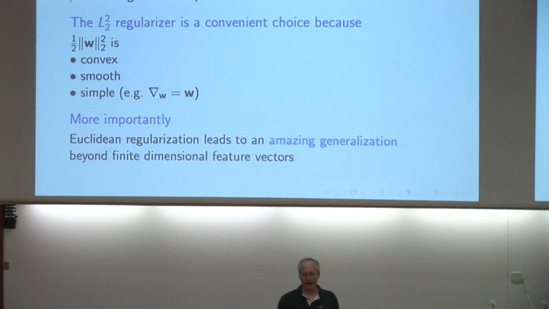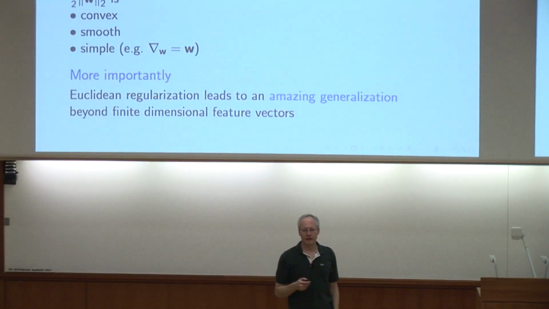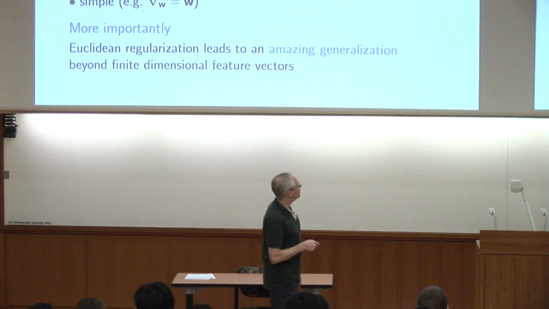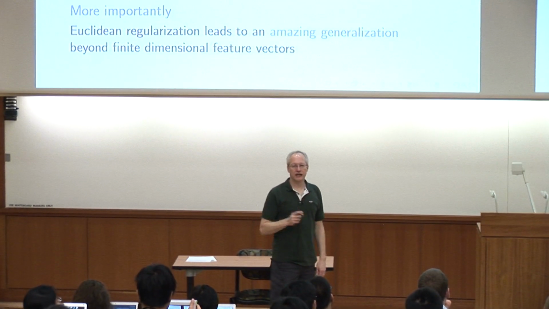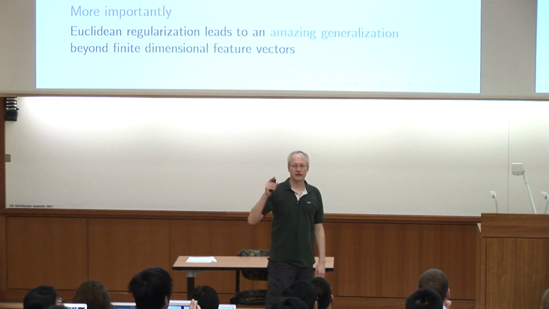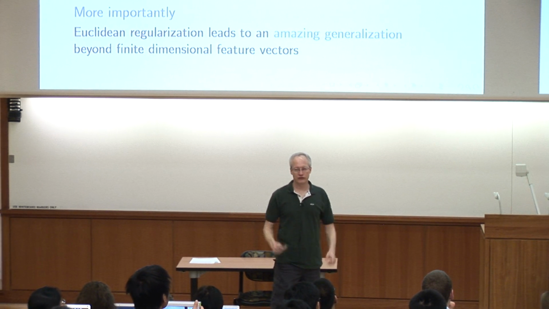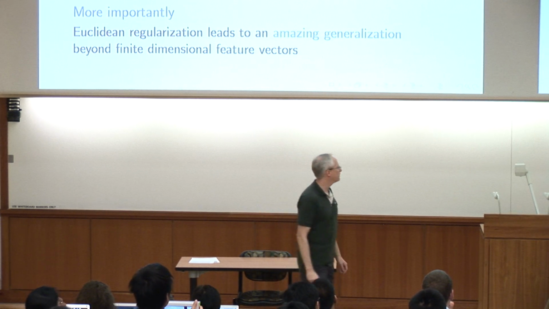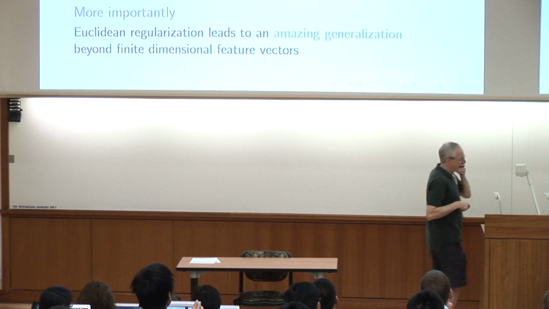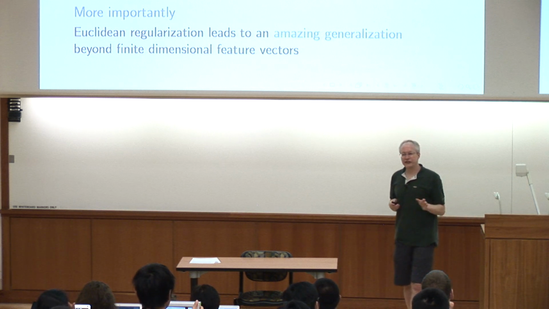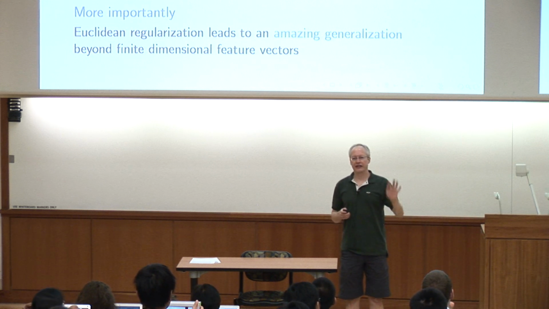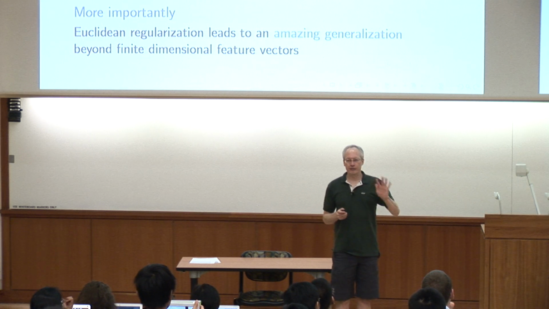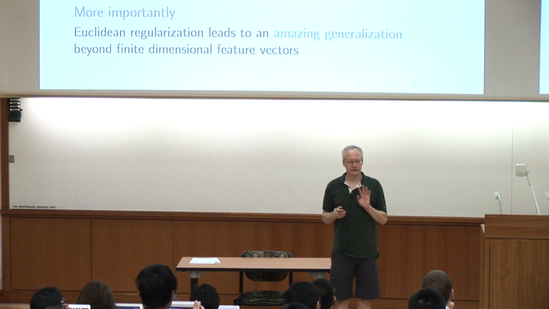Okay, but none of that matters, right? There are many ways you can measure length and tune knobs and get it to avoid overfitting. It just turns out Euclidean geometry does something magical and special that is important to understand because it is a strict generalization of what I've shown you so far in terms of finite feature representations. And that is: Euclidean regularization has nothing to do with the loss function. The regularizer gives us reproducing kernel Hilbert spaces.